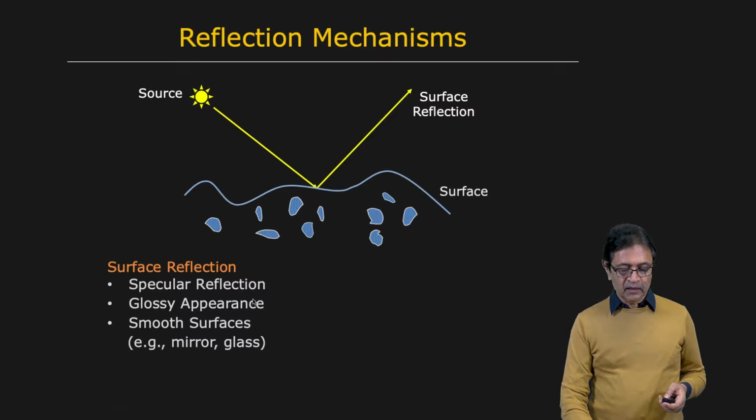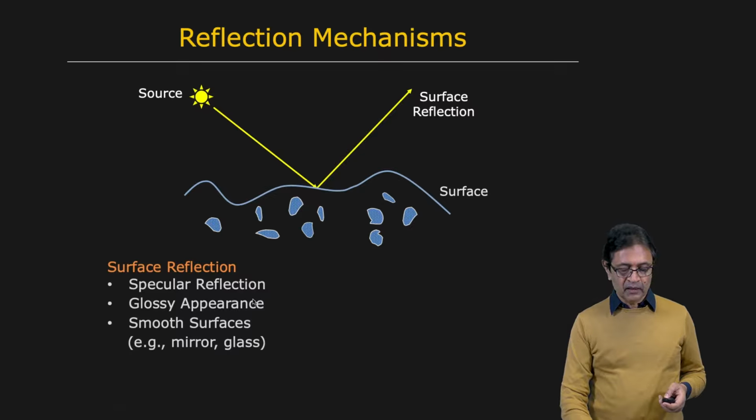That's surface reflectance. And the second mechanism is where a part of the light actually enters the material itself. It goes underneath the surface, where you have little particles made of different things, because typically materials are not homogeneous. They are non-homogeneous, and the particles made of different things have different refractive indices. As a result, the light that enters gets refracted and reflected multiple times. You see the light bounces around inside.